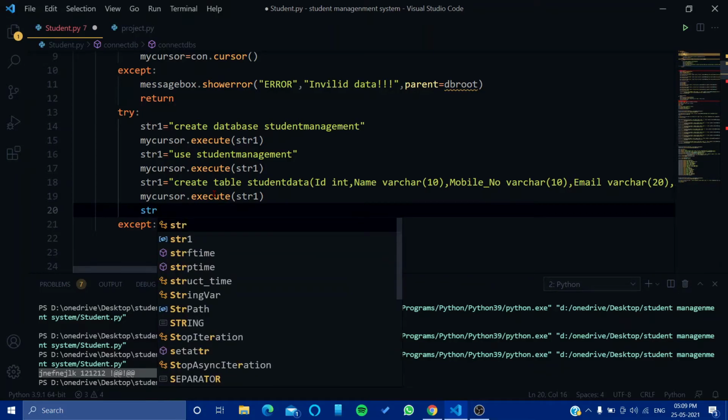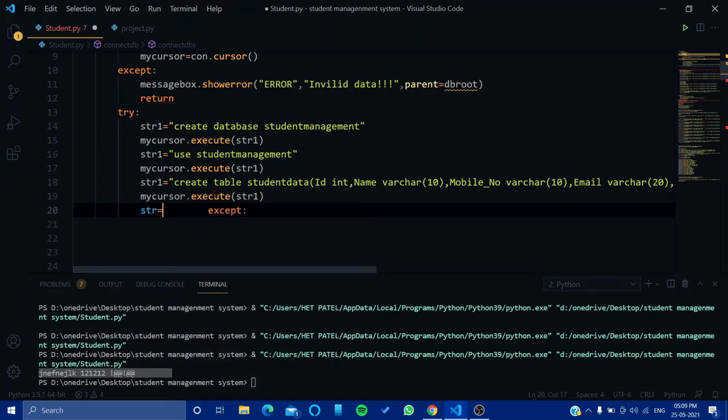So we'll say str1 is equal to alter table student data modify column ID not null.